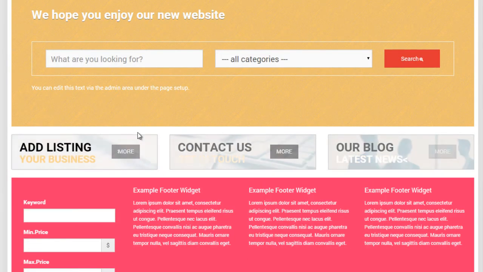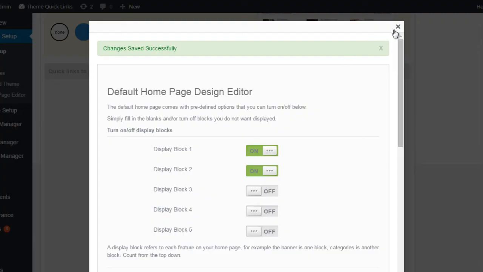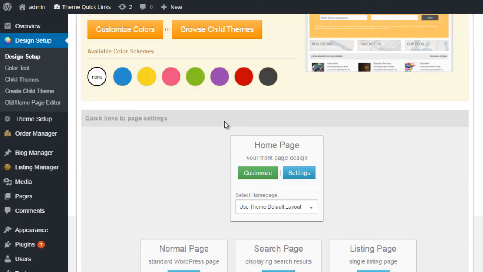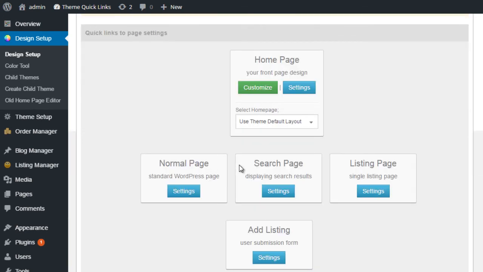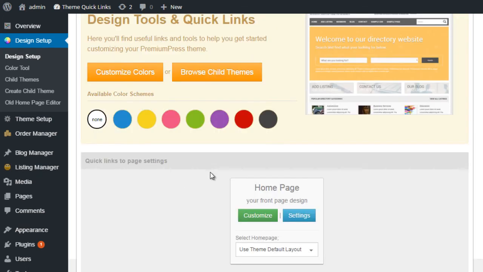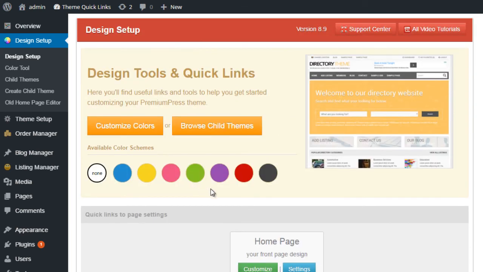Okay, so you've got these options to modify them here. So those are the basic options to allow you to customize the display of your default homepage. And as you can see under here, it says select your homepage, and it's set to use the default theme layout. Now, if you remember at the beginning of the video tutorial, we installed the Premium Press Page Builder plugin,